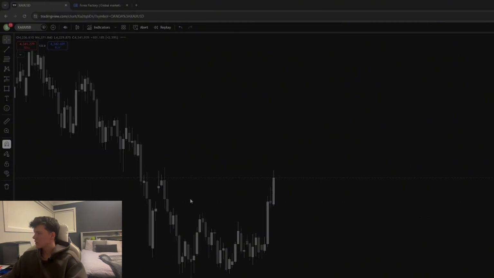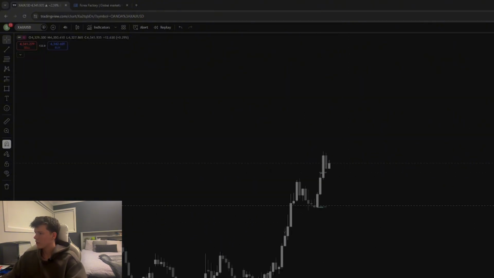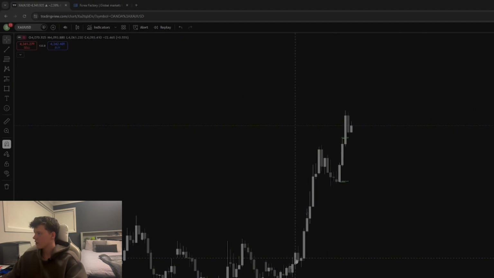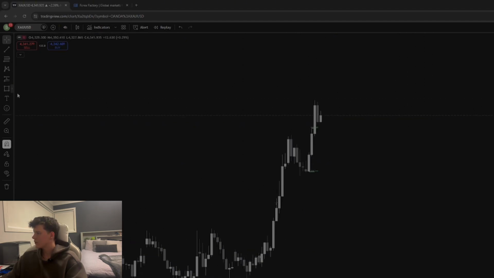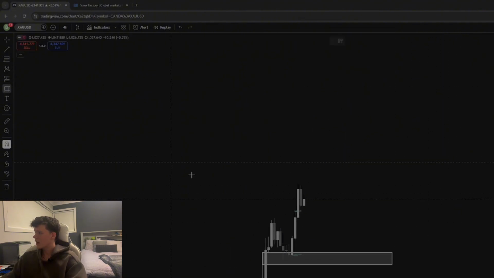Then we can scale down to the 4 hour and we can look even closer. We've got a lot of imbalance here, and we've got a lot of stacked liquidity here. So this tells us that price can definitely be seen to either retrace further or continue higher. However, as you can see here, we have had a fair value gap filled and then price has continued on